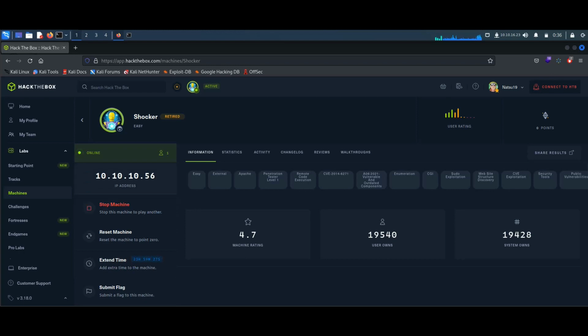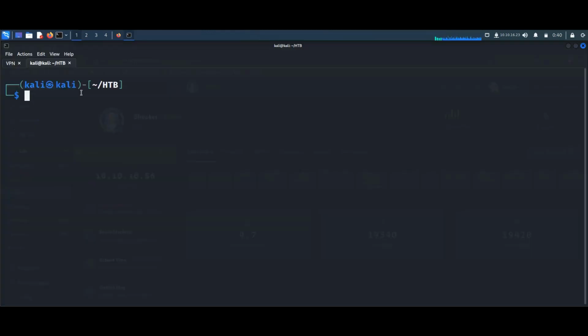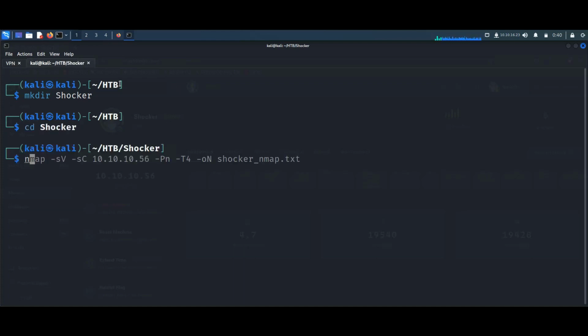So after getting the IP, I quickly got to the terminal, and for housekeeping purposes, meaning to keep everything organized, I made a folder for the Shocker. So mkdir, make directory Shocker, and after that got into the Shocker directory using the cd command, and here I have used